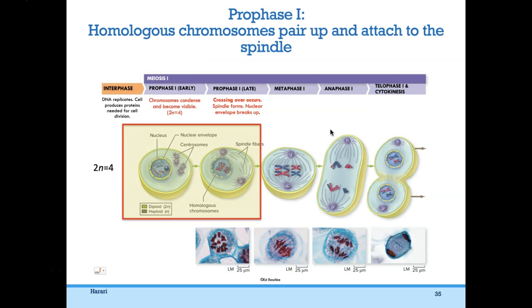So this is what we went through so far. In interphase, DNA replicates. The cell produced all the proteins needed for cell division. Then we went into prophase. And in prophase, chromosomes condense, the nucleus starts to break down, the mitotic spindle forms, so same thing as in prophase of mitosis. But in meiosis I, we have crossing over occurring. That's the biggest difference in prophase of meiosis versus mitosis. So this is when homologous chromosomes physically exchange genetic information,